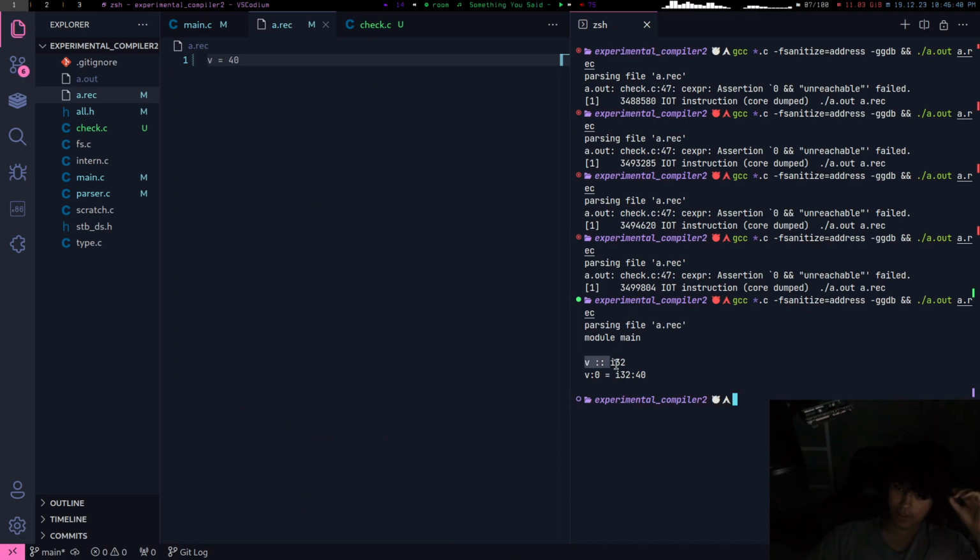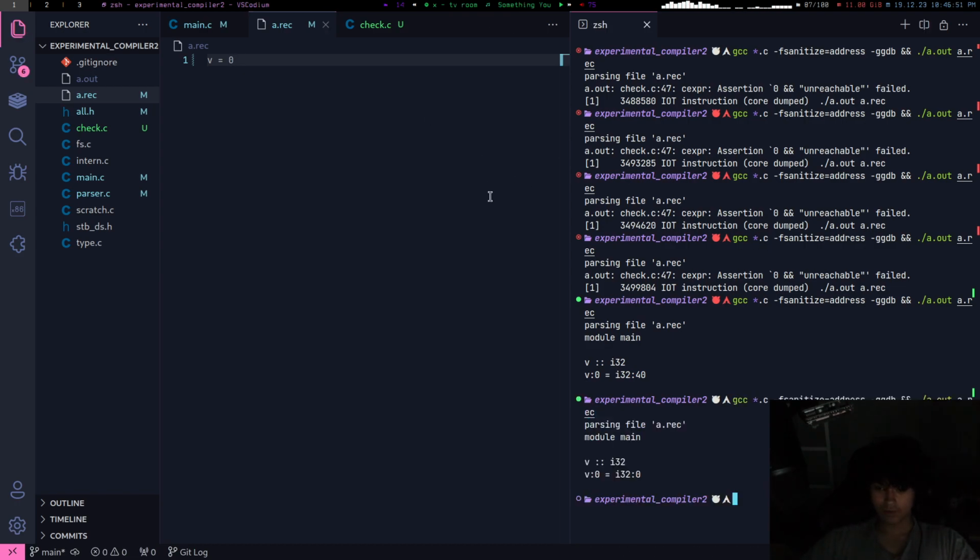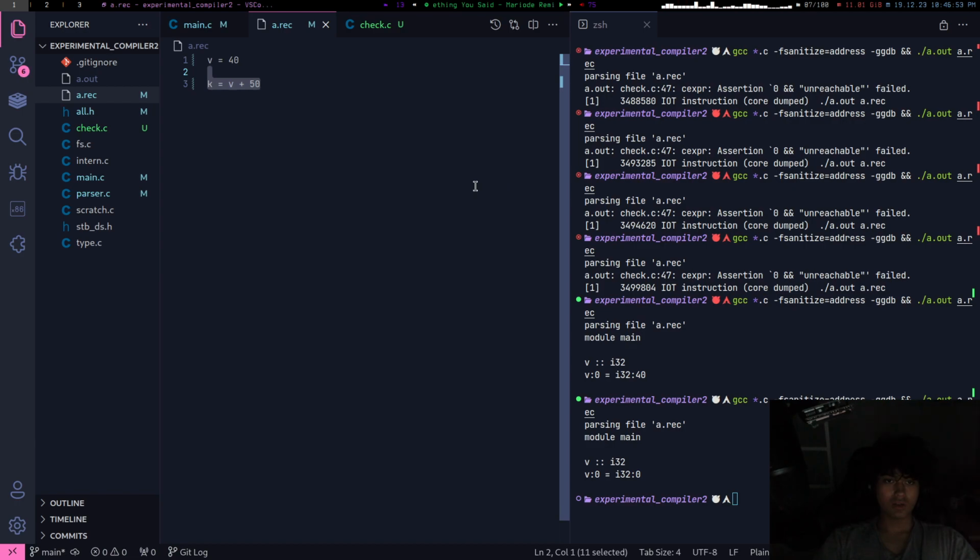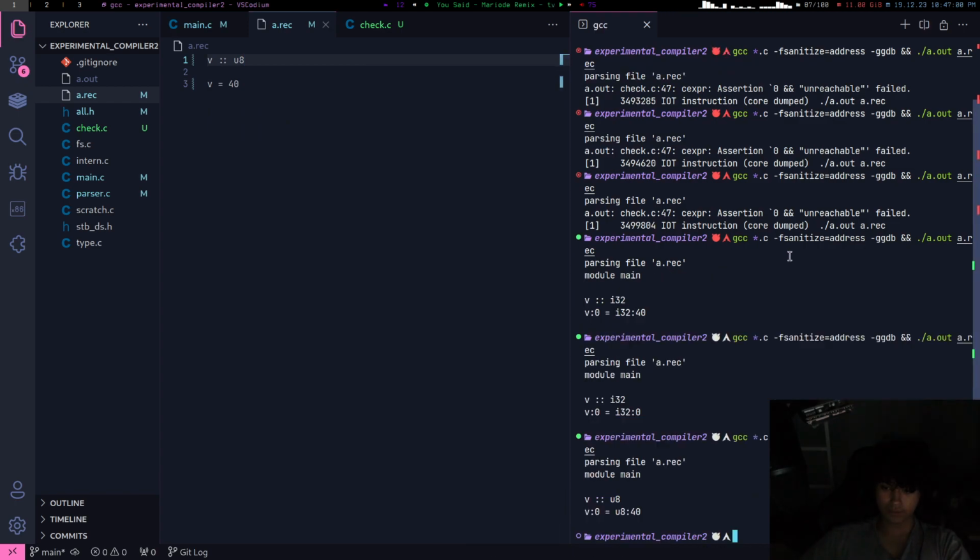Good. V is I32, because I inferred it. I mean, I didn't even have to write it. And V0 is I32 40. Okay, that's great. That's 0. Yeah, so it assumes that. But let's say you write V explicitly to be a U32. Done.